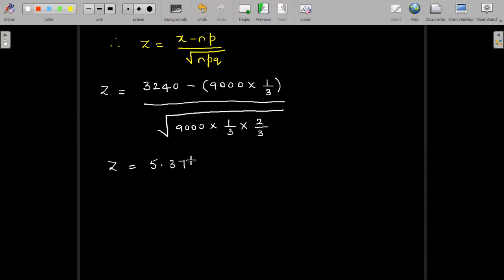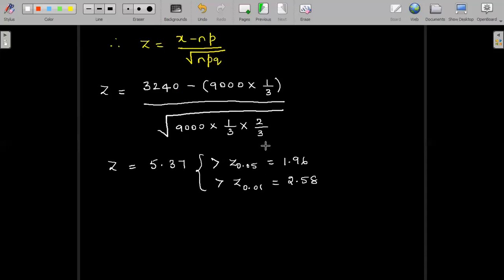Here we round off our values to 2 decimals because Z on comparison to the table values is also up to 2 decimals only, no? So that is why. We observe that this value of Z is greater than both the levels of significance. So it is greater than Z 0.05, which is 1.96, as well as greater than Z 0.01, which is 2.58. Since the calculated value of Z is greater than the table value of Z, we conclude that the hypothesis is rejected.